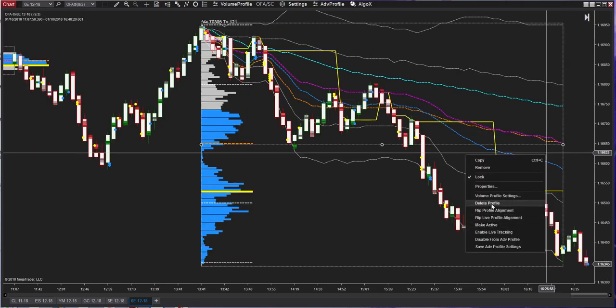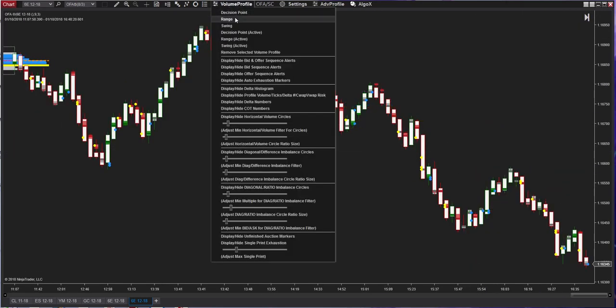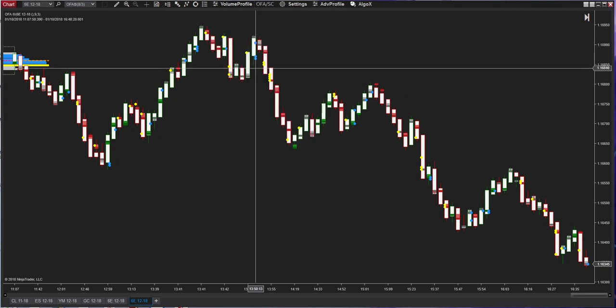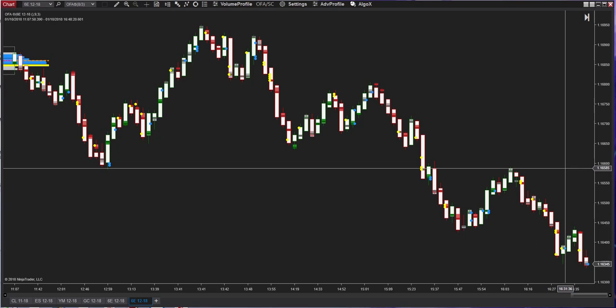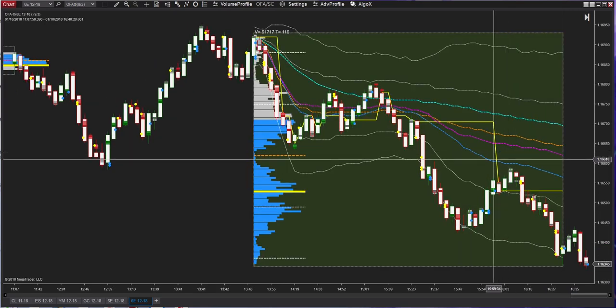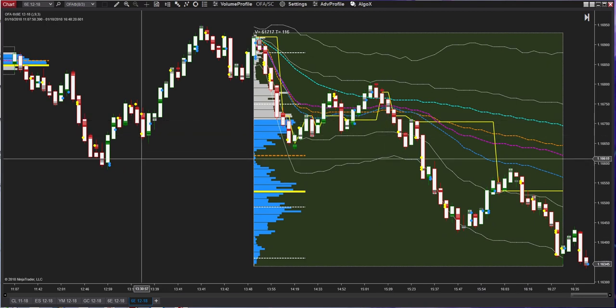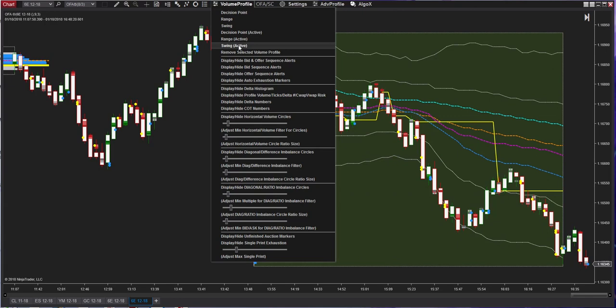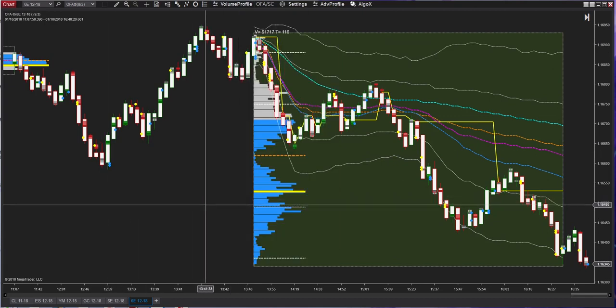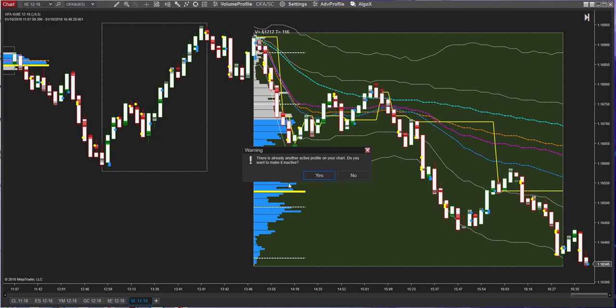One final element I'd just like to cover is the active profile. So I'm going to add back a swing active profile to this region, and you can see again it's for the swing profile, it's loaded up the defaults for the swing profile. I'm now going to try to add another swing profile to this area. This is the pop-up I was referring to in the indicator section. It's asking me to confirm, do I want to make this one here on the left the active profile or not? I'm going to say yes,